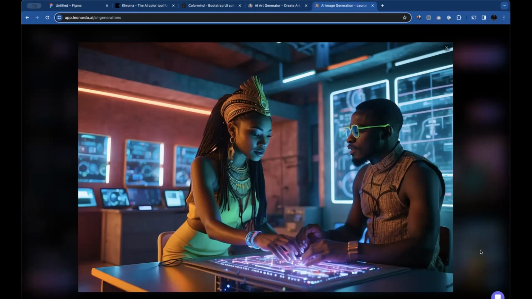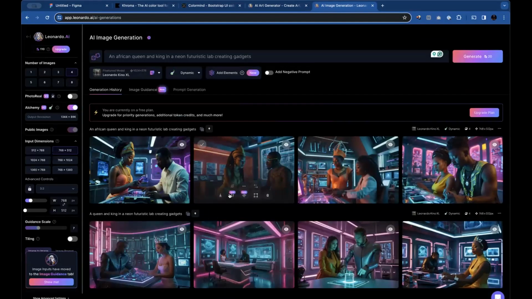You can only use AI now for inspiration because it can bring your imagination to life. So for example, you as a project manager, business analyst, right? You're just thinking and saying, what if we have an image that has a stone flying in the sky, and then the designer is looking at you and you just say, you know what, don't worry. Come to Leonardo, generate it, and give it to him, and he says, oh, okay, so I can do it like this, I can do it like that. So gone are those days when you just talk. Now you can actually bring your imagination into reality. And the good thing about this app, you can also generate motion graphics.